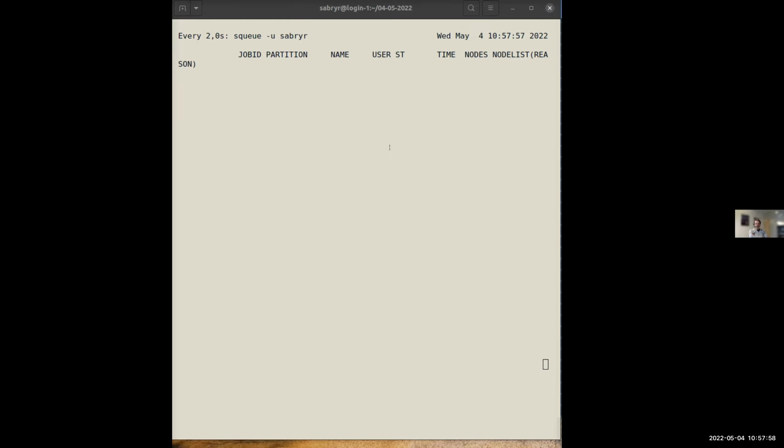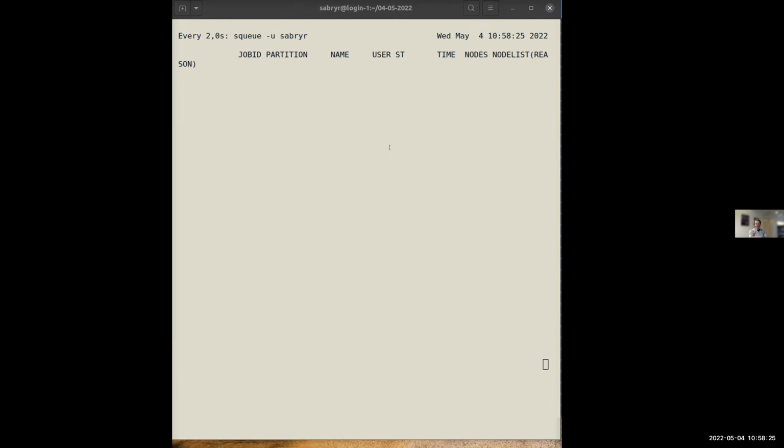And name is the name of the job, and user, that's you. And then you have the state, which is now finished, so it's not there anymore. The time shows the wall time that the job has used, and the number of nodes, and the actual node list.